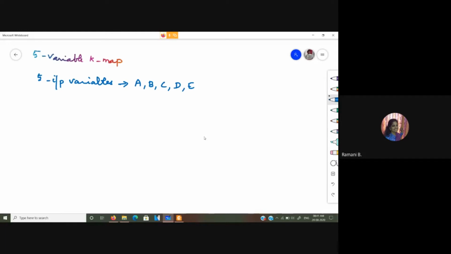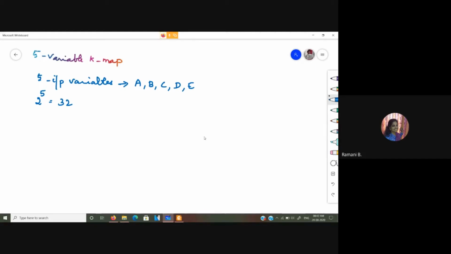So if you are having 5 variables, the corresponding combinations are 2 power 5, which is 32. So if we are going to use a truth table for this, you will be having that many entries. So it is somewhat a tedious thing. So we will just see how you could simplify the expression which has 5 variables using K-map.